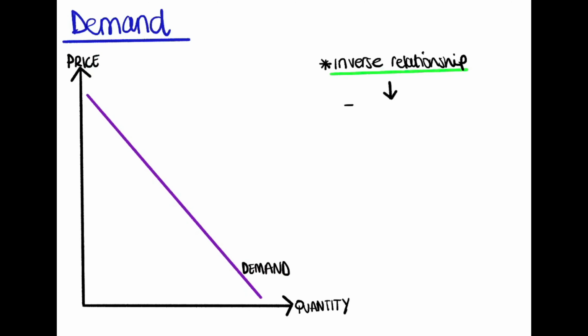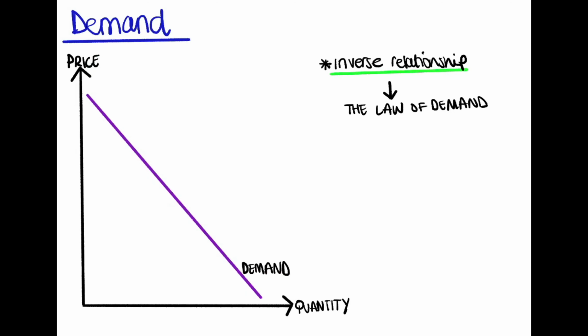Let's take a closer look at the demand curve. This shows us the amount of goods consumers are willing and able to buy at a given price. It needs to be backed up by the ability to pay. This is called effective demand rather than intended demand. So we can see that the demand curve is downward sloping, and there is an inverse relationship between price and